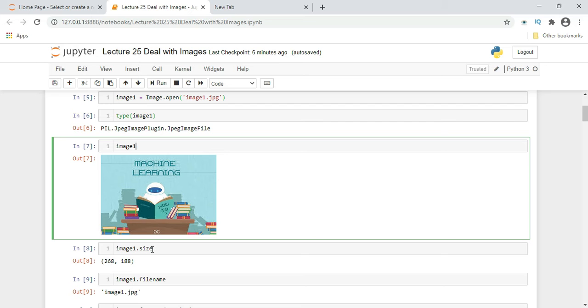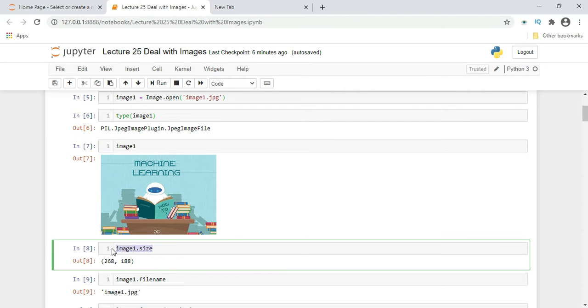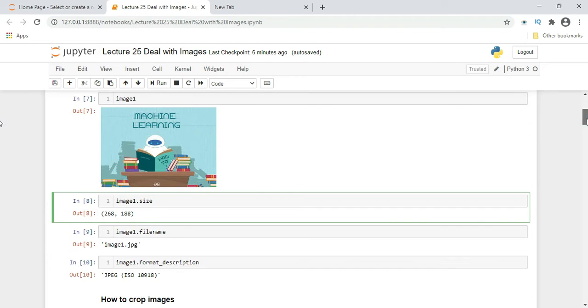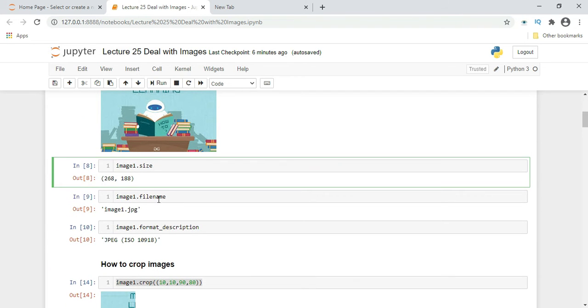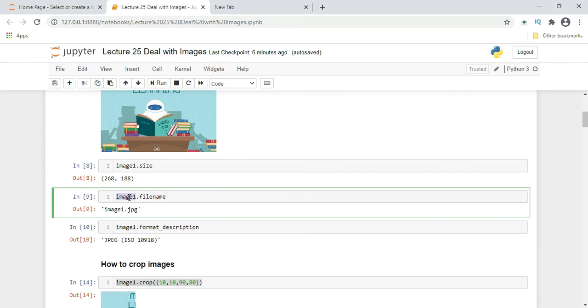Now if you want to check the size of an image, here we have to provide the variable name where our image is stored, image.size. Here the size it is giving is 268, 188, the length and breadth. Now you want to check the name of a file, so here is our variable name image1.filename.